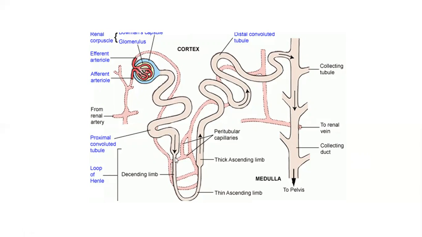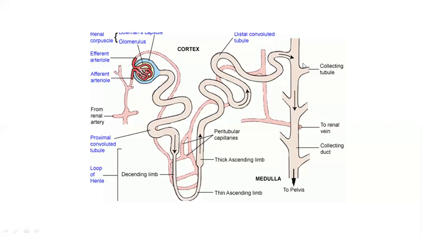Just after the proximal convoluted tubule, my dear students, you can see that this part resembles the English letter U. So this U-shaped part starting from here and then moving up to over here is the loop of Henle. And just after the loop of Henle, starting over here, you again see that this portion is not smooth but has several convolutions. This is termed the distal convoluted tubule. This portion is the distal convoluted tubule. Okay, this whole portion which I explained is the renal tubule.